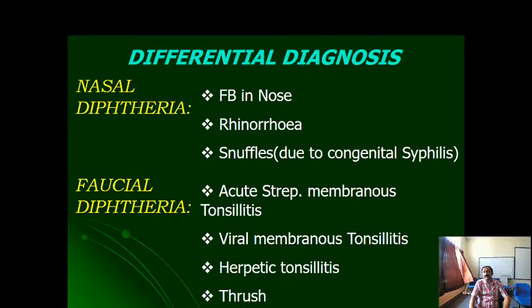In today's world, where we give vaccines to all the children, we do not expect diphtheria to be present very commonly. Very, very rarely do we get a case of diphtheria. Hence, differential diagnosis is very important, and we must ensure that we do all the tests for the various differential diagnoses, so that we do not end up stating that it is a case of diphtheria and unnecessarily give treatment for diphtheria.